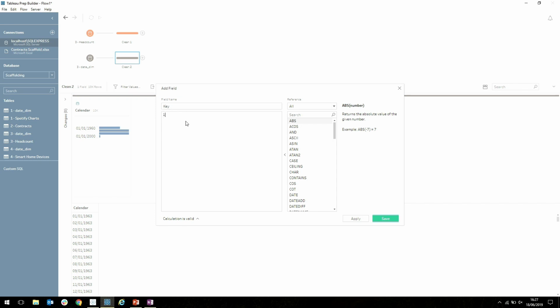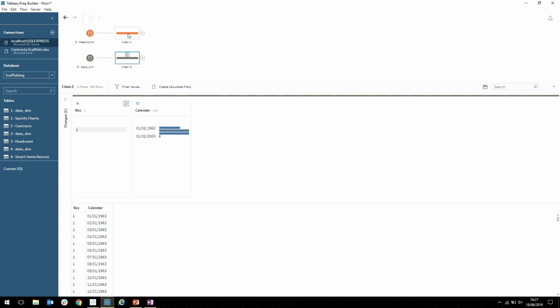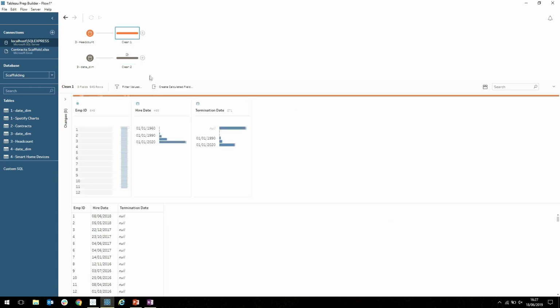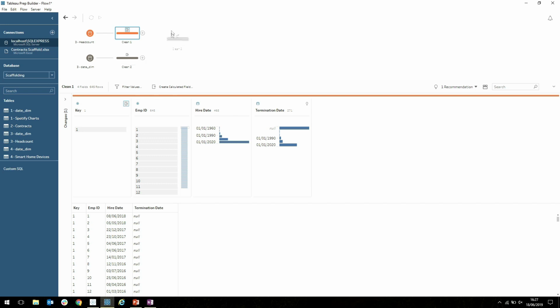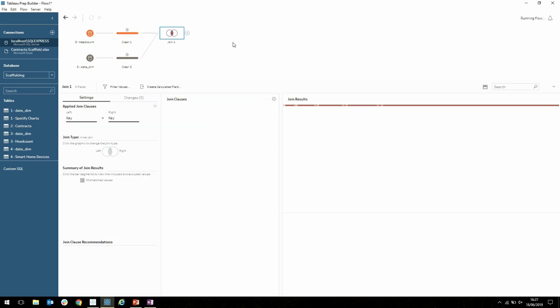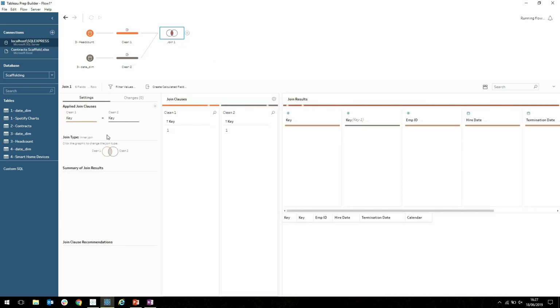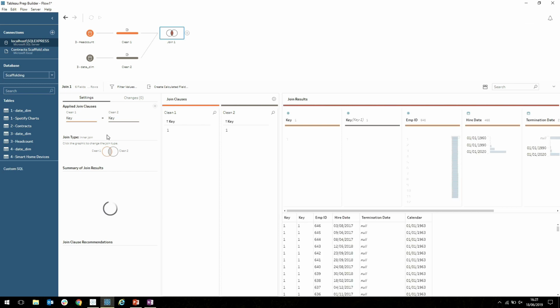So key is 1, and I always pick 1, just for efficiency, but equally it could be ABCD, it could be your own name, as long as it matches in both data sets. So key to key. So that now if we go ahead and join, that one-to-one relationship is found, but of course we don't need